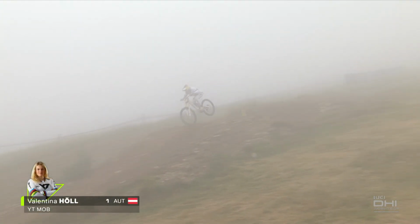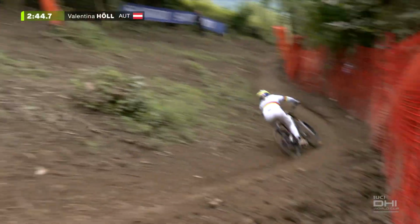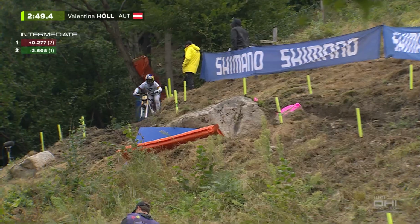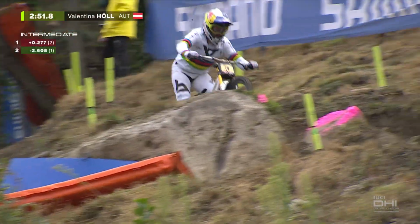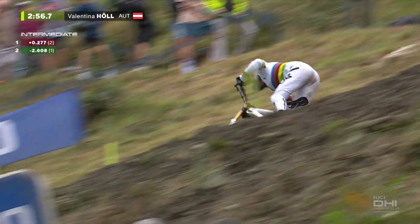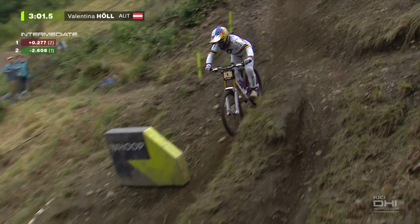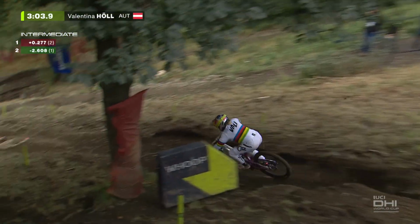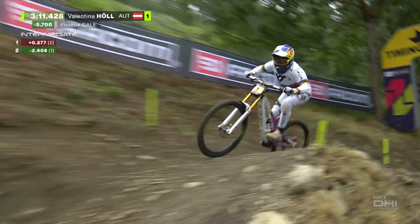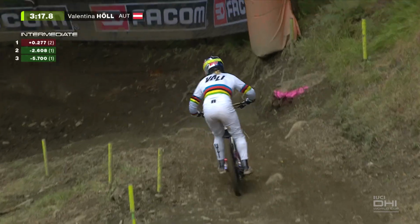Valentina HLE heads off for a date with destiny in the clouds. I think the visibility is getting worse on that top section. We rejoin HLE's run 2.6 seconds faster at the second split, so she lost time to Gil up top, but she's 2.6 seconds to the good further down. So just a reminder, if HLE wins this and Seagrave comes third or worse, she will take the title this afternoon. Oh, dialed through that section there. Yep, just said yesterday, but that 7th, got asked by Ashley if anything had happened in the run, and she sort of shrugged and she said, just not my day today, so...